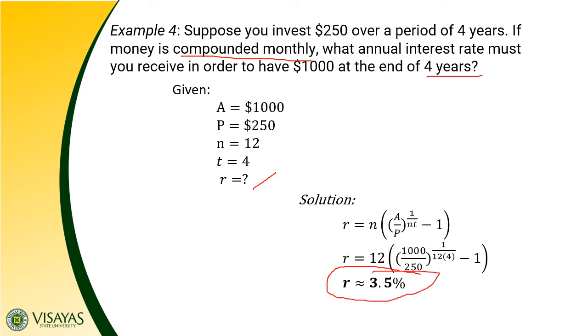Ibig sabihin, yung $250 in 4 years, kailangan may 3.5% interest siya, compounded monthly, para maging $1,000 after 4 years. Okay? I hope everything is clear. I hope nasundan ang process and the solution, yung explanation, I hope klarado, no? And at least na-refresh, no, on how to solve such problems